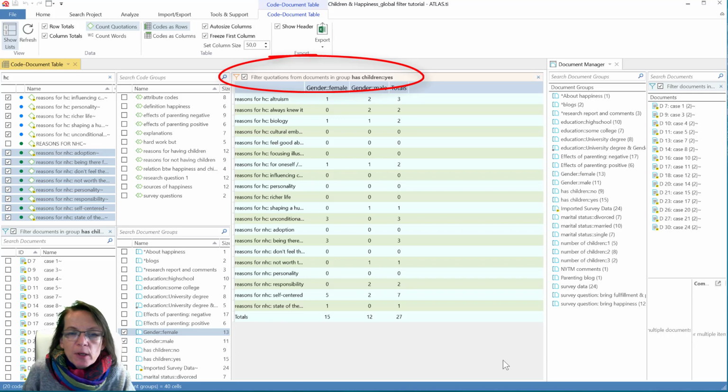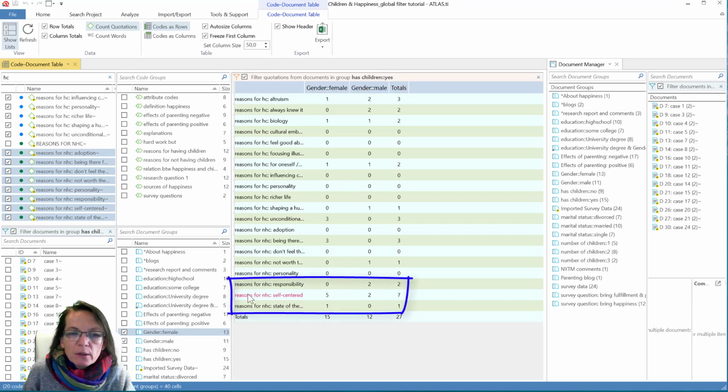And let me pick one result here. On reasons for not having children, self-centeredness. So we have 5 comments from females that have children on the issue of self-centeredness, and 2 comments by males who have children. And if I change the filter now again to